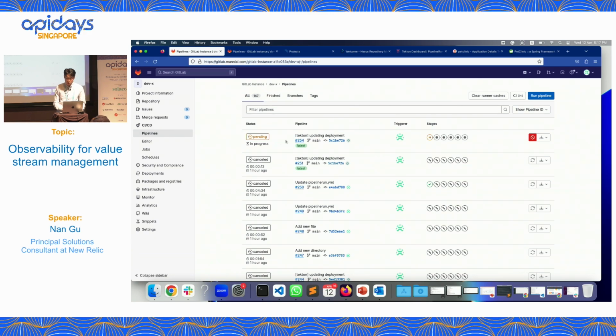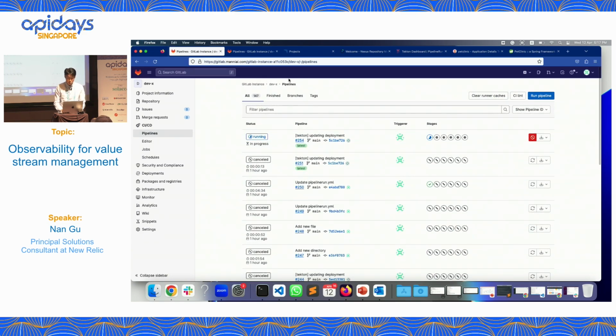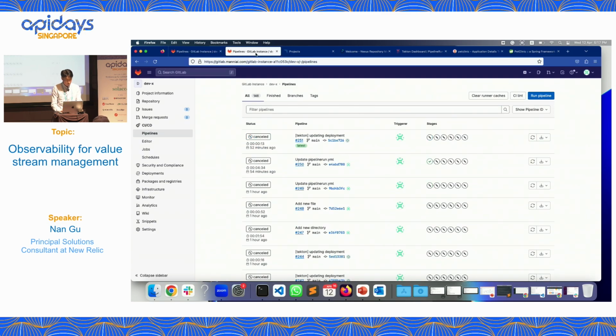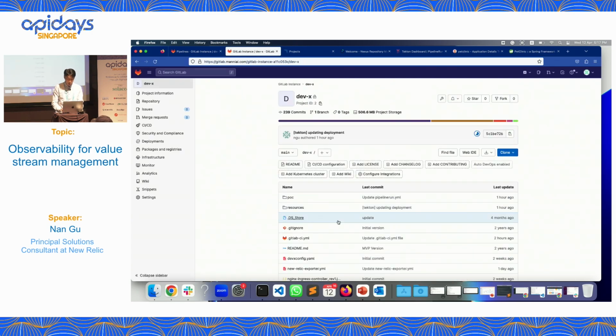So this pipeline is up and running, and it has 1, 2, 3, 4, 5, 6 steps, which means when this pipeline finishes, you will get a new image ready to deploy into your GKE cluster. But let's wait and see how long it will take. Because when we talk about value stream mapping, we need to know each single step with its lead time. Then we can ask, can we shorten the lead times? This is up and running. I can also trigger another one. Come back here, and you can see another pipeline is also up and running.